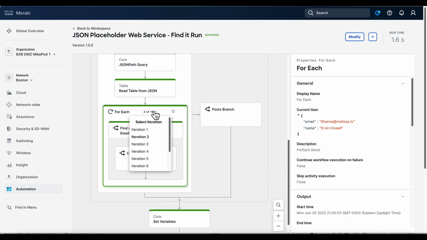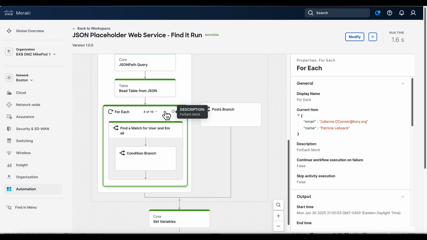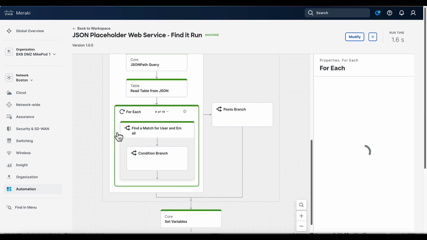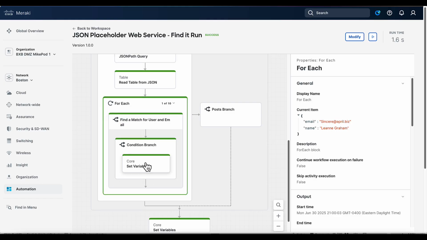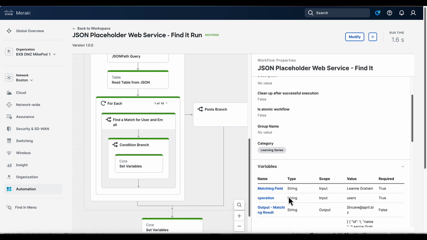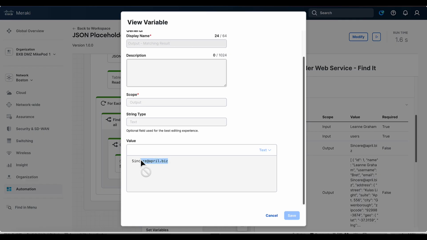That's not a match. But if we looked at iteration 1, there's Leanne Graham, and their email is sincere@april.biz. That's kind of odd, but whatever. That's what it is. And you can see that for every entry. So you could do quite a bit of debugging here that you could see what matches and what doesn't. I can look at the results of every one of those loop iterations and see what happened on that. And again, you'll see that we only set the variable on the first case where we got a match. If I click on my canvas and look at my variables, there in my output matching result,